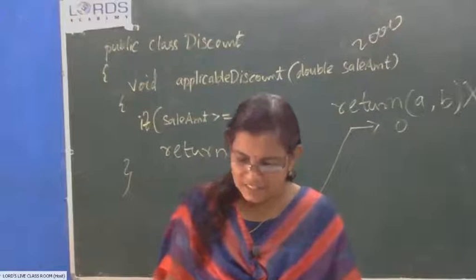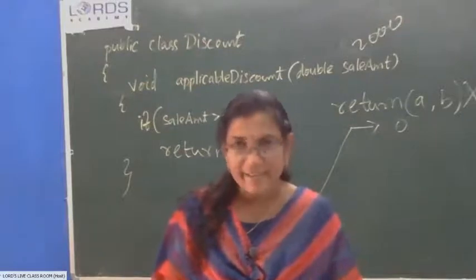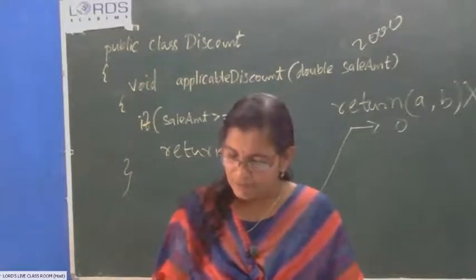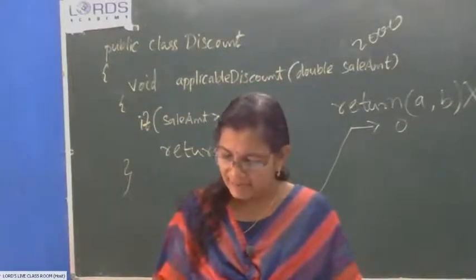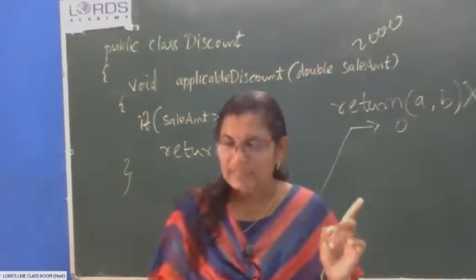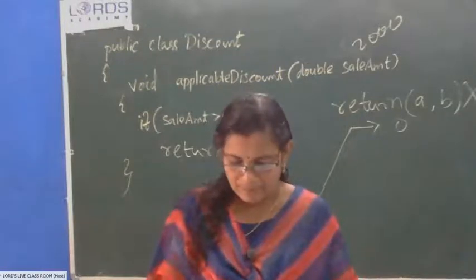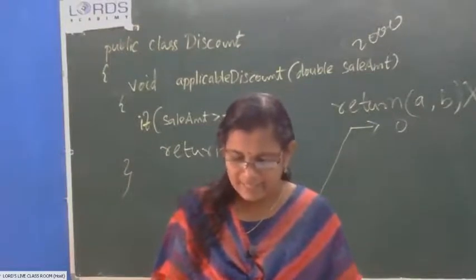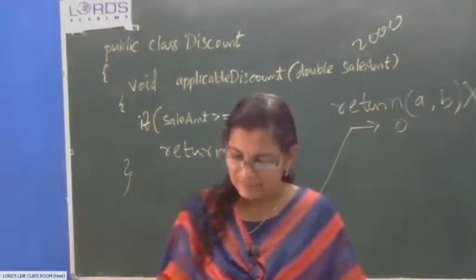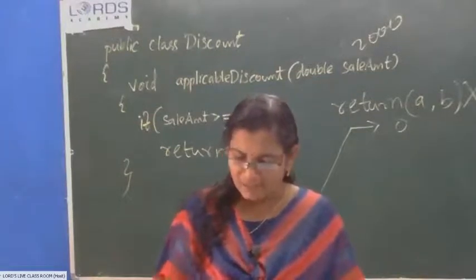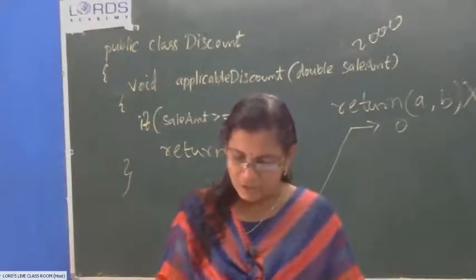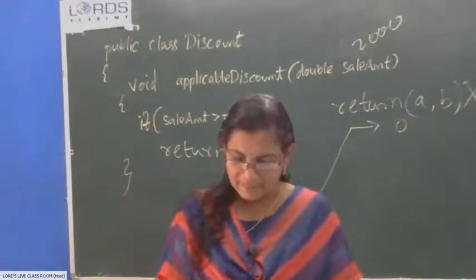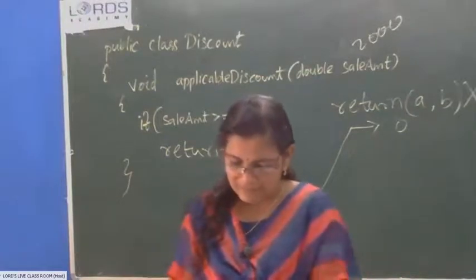All methods or functions except those of type void return a value. That note you should see. A method can return only a single value, although it can have multiple return statements. This value is explicitly specified by the return statement. If in a method a return statement is missing, then the return value of the method is technically undefined. Only the methods declared as void do not return a value and hence cannot be used in expressions. A method can return only a single value, although it may have multiple return statements.